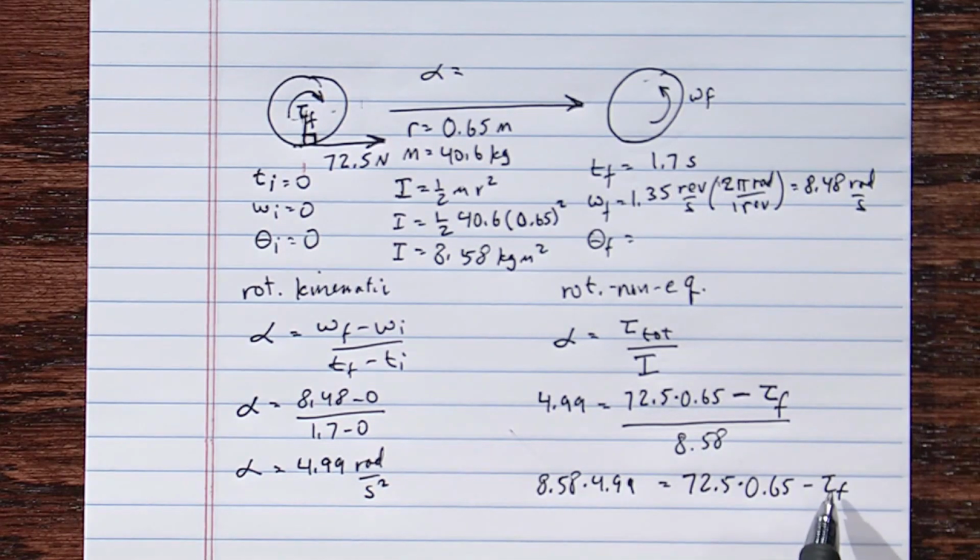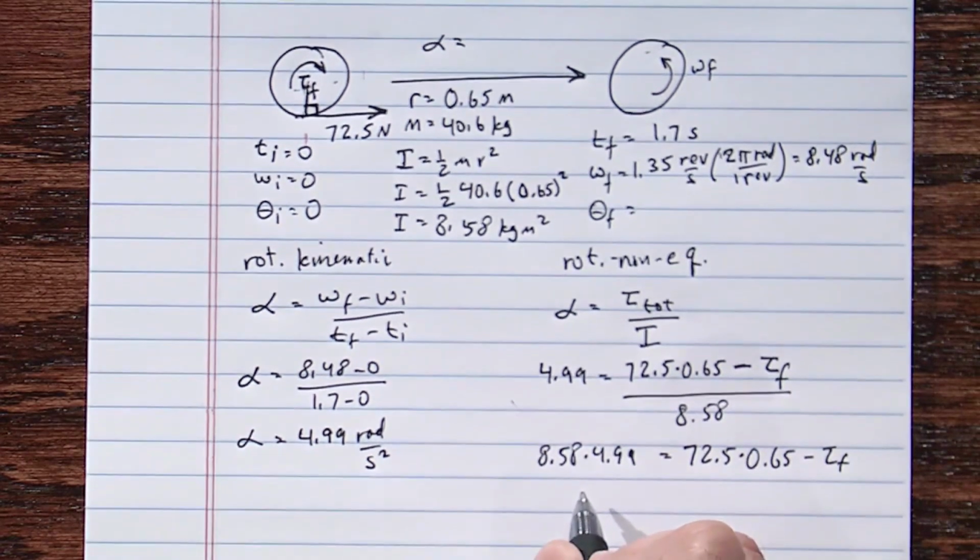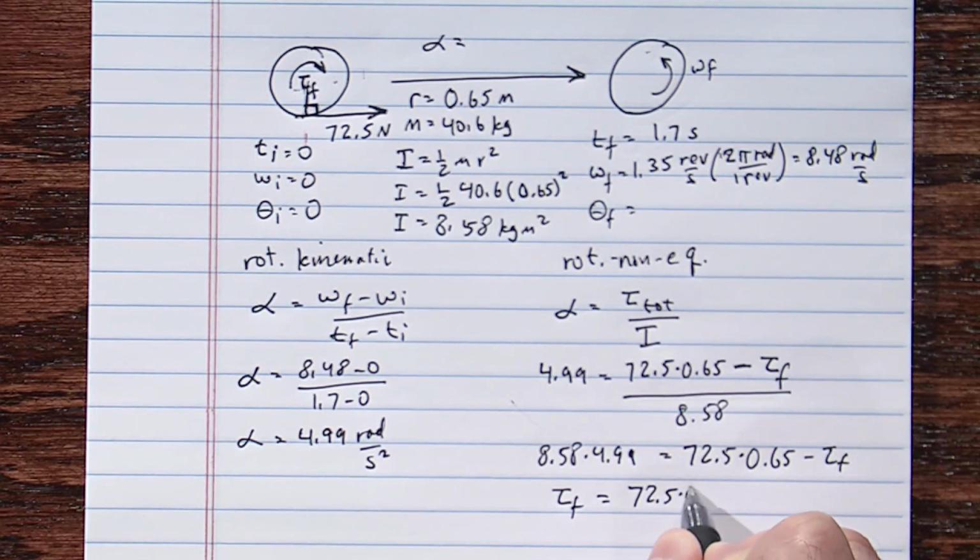And I can add frictional torque to both sides, which will bring it over here, and subtract this term right here, which will bring it to the other side. And that will give me frictional torque is equal to 72.5 times 0.65 minus 8.58 times 4.99,